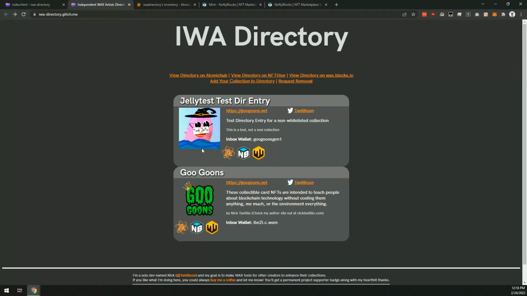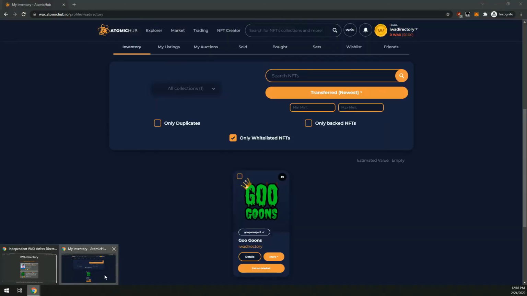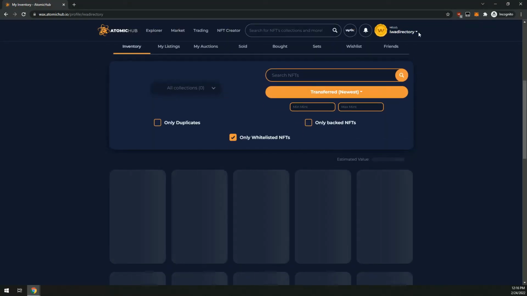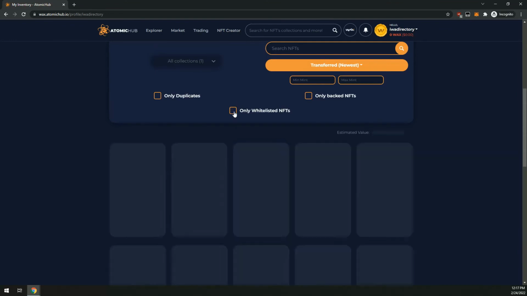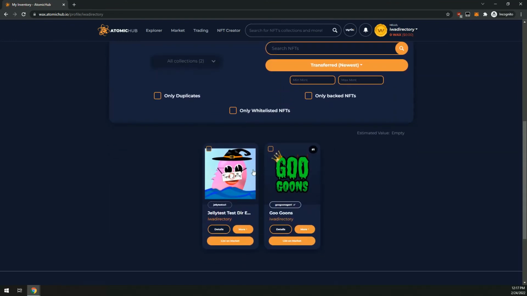So if we want to get rid of one of these directory entries, which I'll just reload to show you to prove that it's still in there, we would need to actually just burn that NFT. So if I go into the wallet, now I've logged in here with my Anchor wallet for IWA directory. If we decide that we want to decentralize this, we're going to have to make contracts to do this part. But you can see that now my jelly test and the Goo Goons NFTs are the only things in this wallet. If I go here and I burn it,